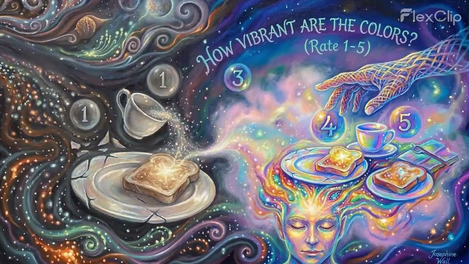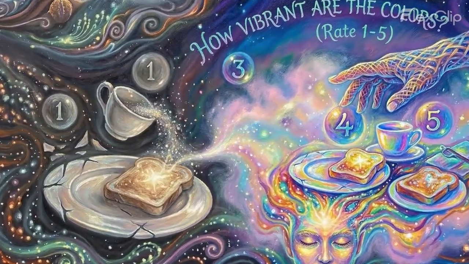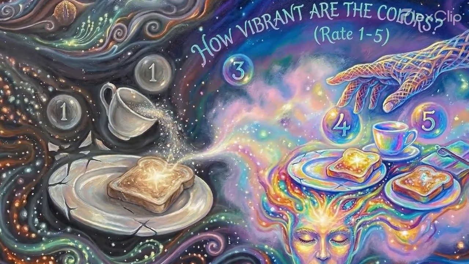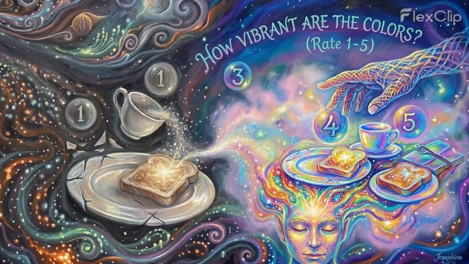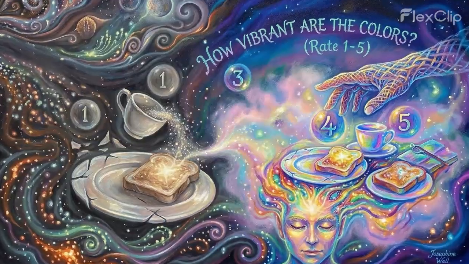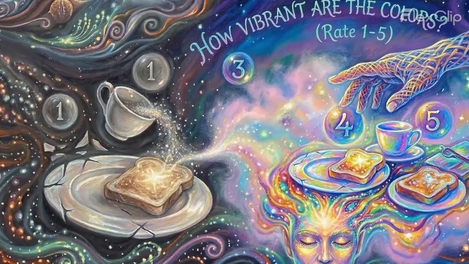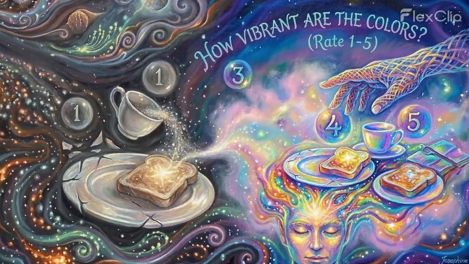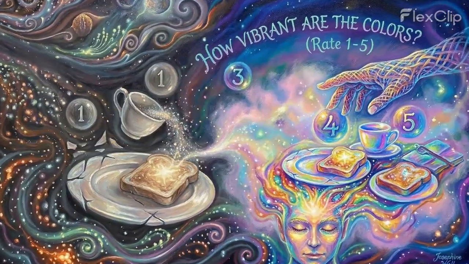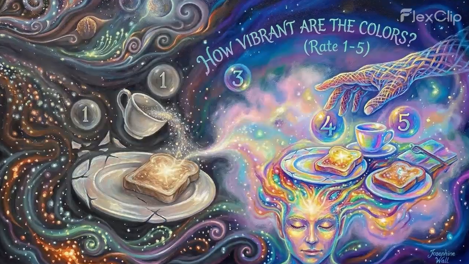It absolutely is. And as we conclude our deep dive into this topic, this raises an important question, a final thought for you to carry forward. We spent this session applying the spectrum of visual imagery to a mundane object, a breakfast table. But consider the emotional and psychological weight of sensory memory. If we all exist at completely unique points on this cognitive spectrum, how might your specific neurological wiring affect not just how you visualize a piece of furniture, but how vividly you are able to recall the faces of the people you love sitting across from you at that very table?